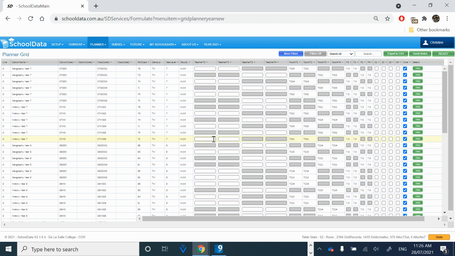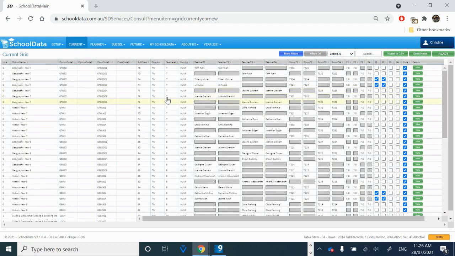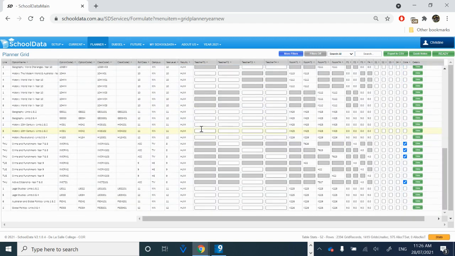And don't worry, if you're not happy with their staffing allocations, there's plenty of time for changes or load balancing in the next stage. If we look at the current grid, Christine can only see, not edit, classes tagged with HUM for humanities. Now, if the humanities coordinator wants to provide her preferred staffing, she will simply find a class,